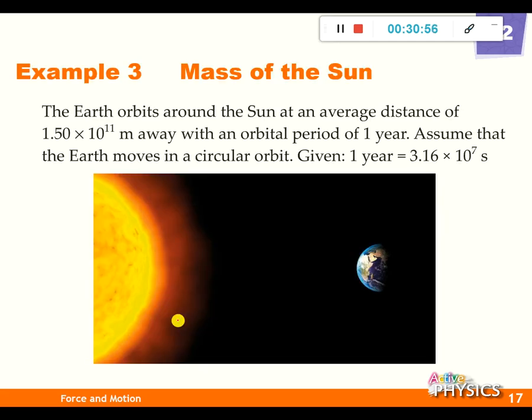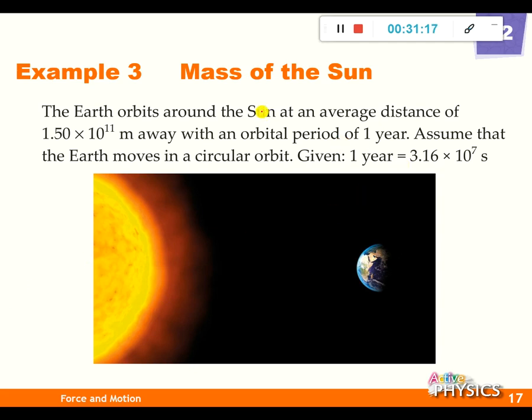Okay, this one, the mass of the sun. Actually, maybe in your primary school, you may ask how to know the mass of the Earth, the mass of the sun, the mass of the moon. How about the mass of your body? The mass of your body is very simple. You just stand on the balance, then you can find out the answer.